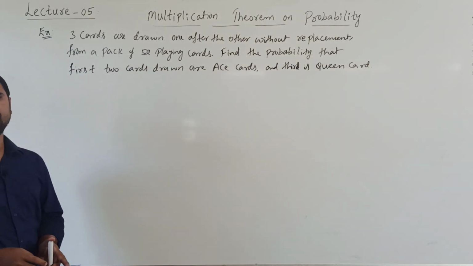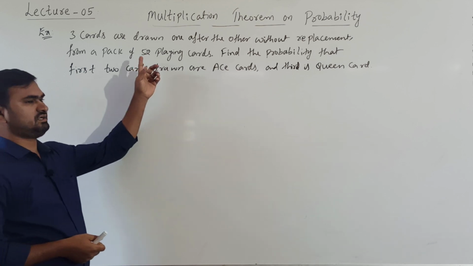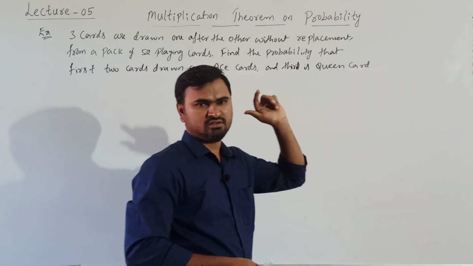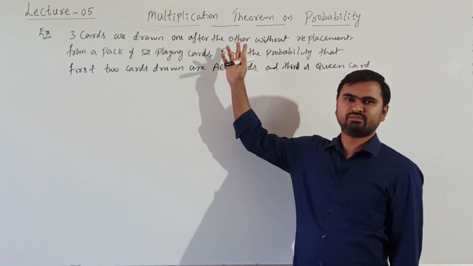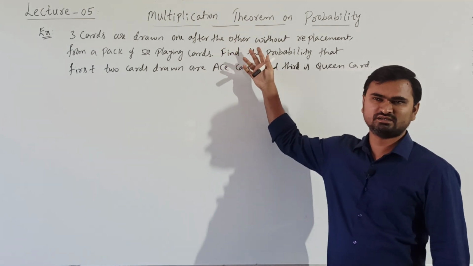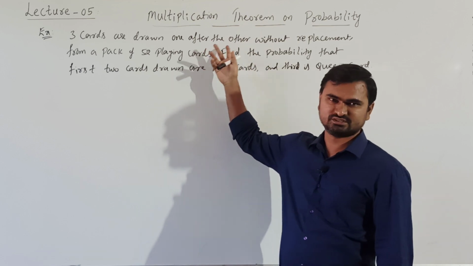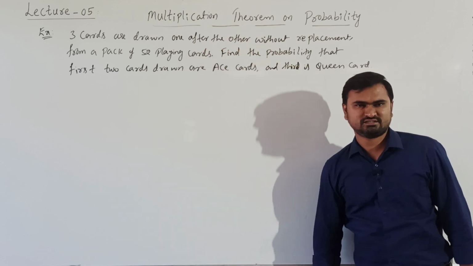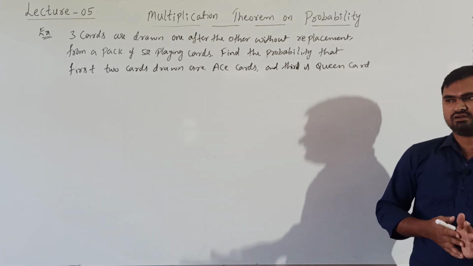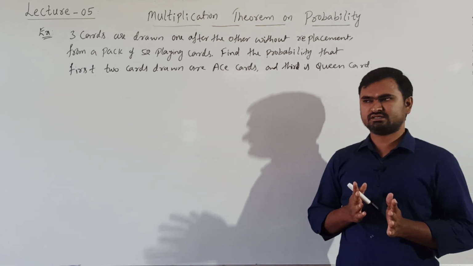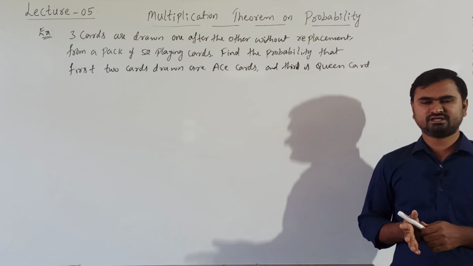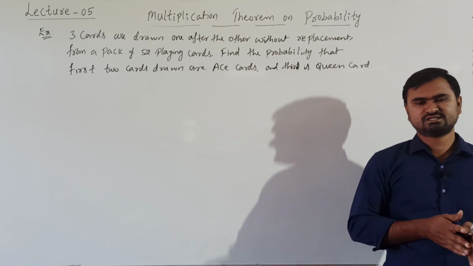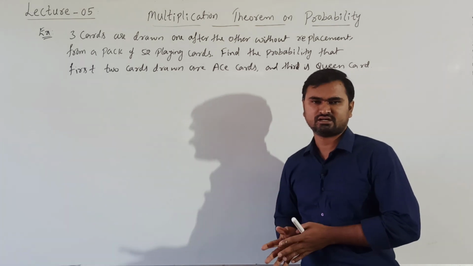We are drawing 3 cards from a pack of 52 playing cards. All of you should have good knowledge about playing cards. If you don't, play some cards, and then you'll get knowledge about them. It is required here. We should know how many cards are there and what is the color of the cards. We have a total of 52 cards. In that, 26 are red cards and 26 are black cards.